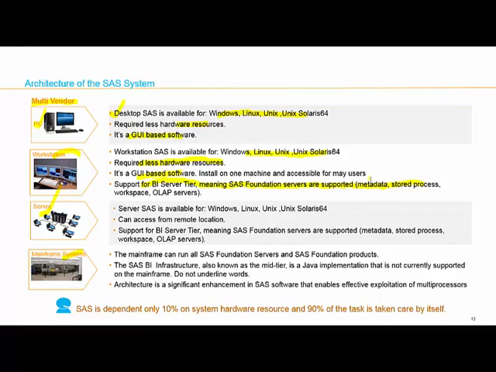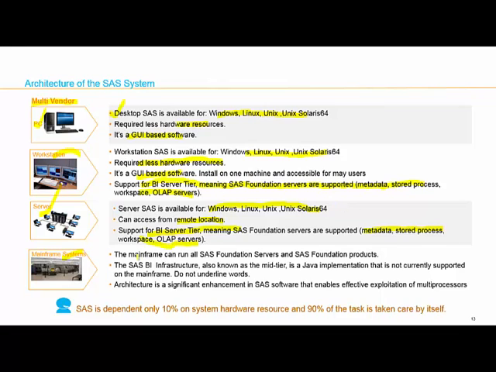You can store procedures for your OLAP cube data on your workstation. Similarly, SAS can be installed on your workstation, where it can be installed on all the available OS. You can connect to SAS from a remote location by RDP. Similarly, it is supported for the SAS BI server architecture, where we can support metadata, stored process, workspace, and OLAP